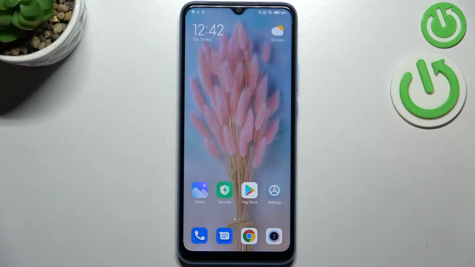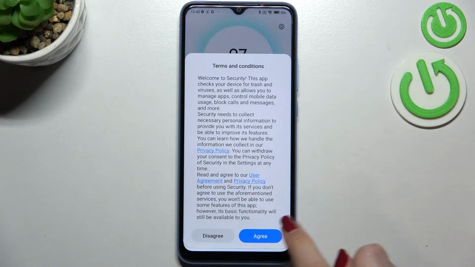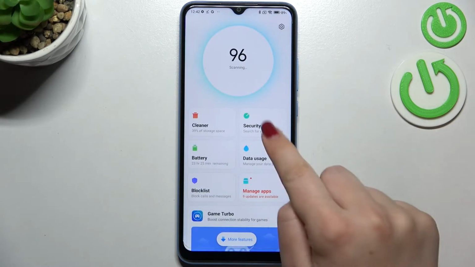Hi everyone, in front of me I've got Xiaomi Redmi 10C and let me share with you how to virus scan your device. So basically you do not really need to do anything, your device will do everything for you. So simply enter the security, of course give all the permissions, and as you can see right here we've got